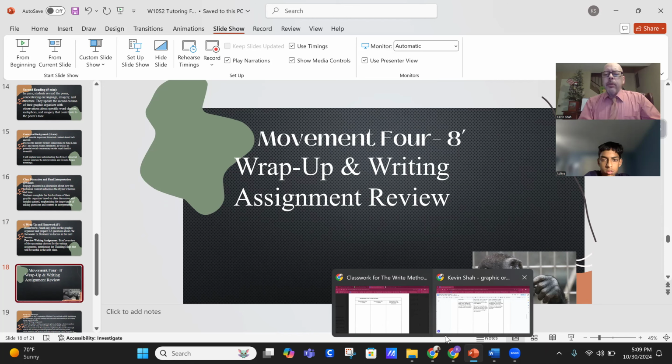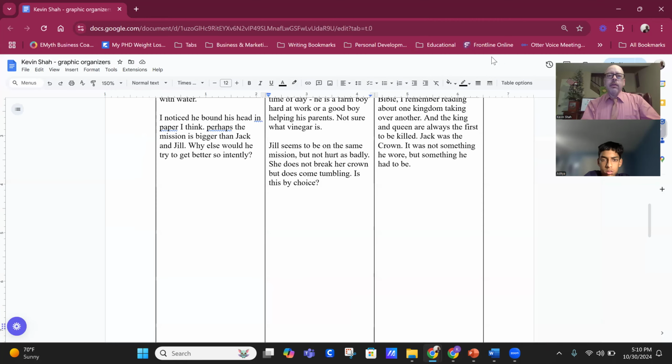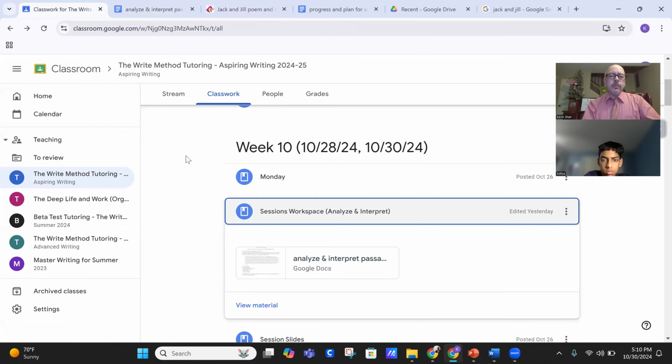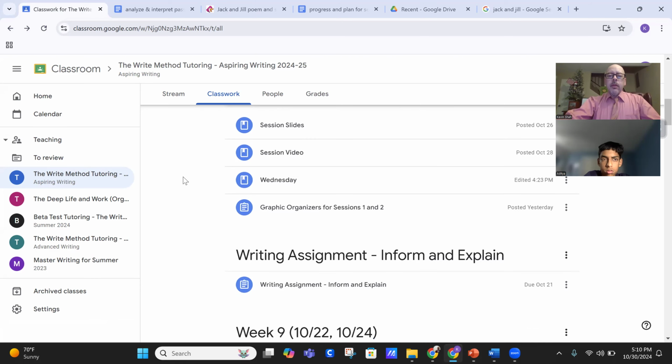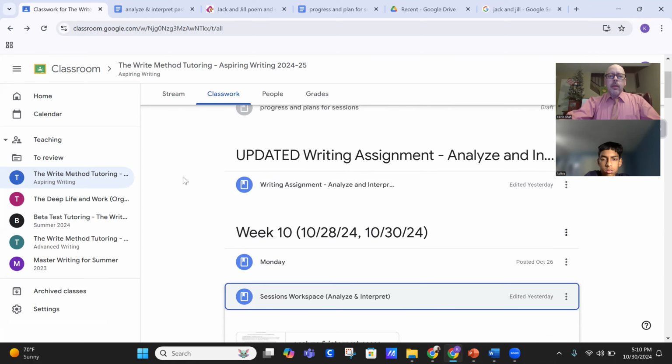And so perhaps this assignment can be a way for you to not only sharpen your analytical skills, but to really get your mind around poetry. And so I'm going to suggest the way to do that, and I'll show you. There are some tools that I've created, and one of them is going to be the literary terms. Because when we're reading poetry, poetry very often will use figurative language.